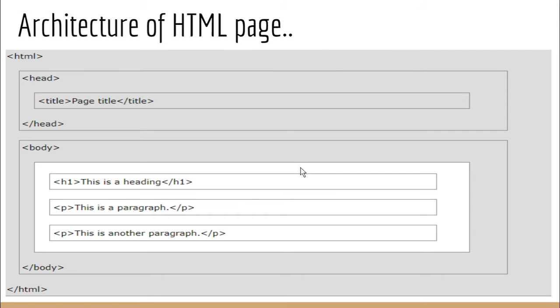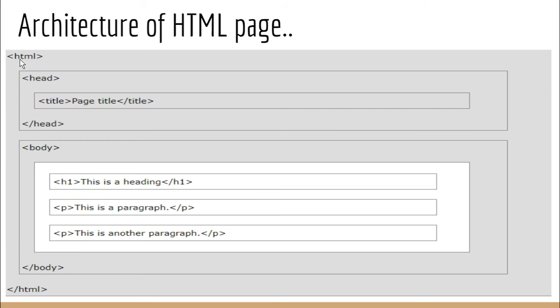Now if we try to understand the architecture of an HTML page, we get to see this. If you want to write HTML code, the starting is this: you have to use the smaller and greater than signs, and between them you write the element name.